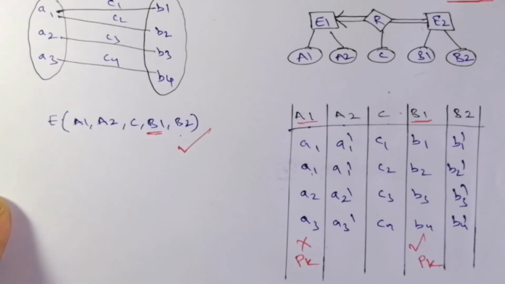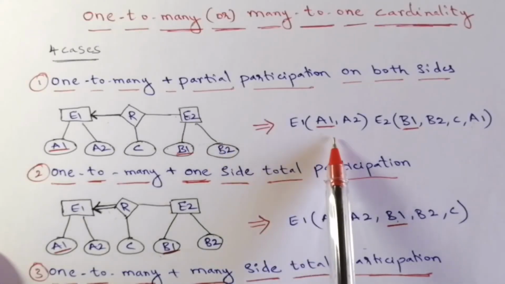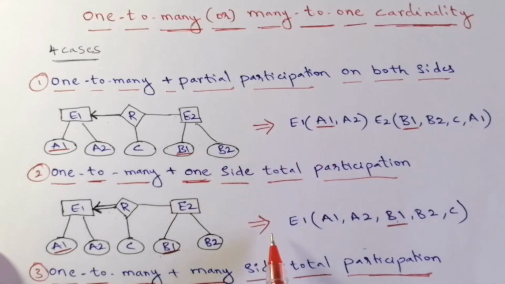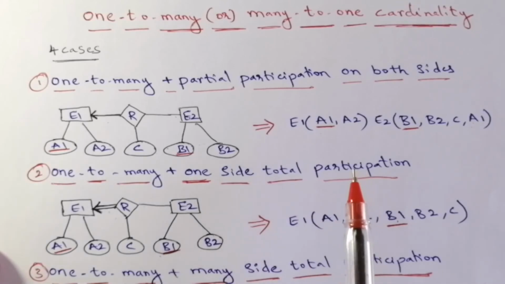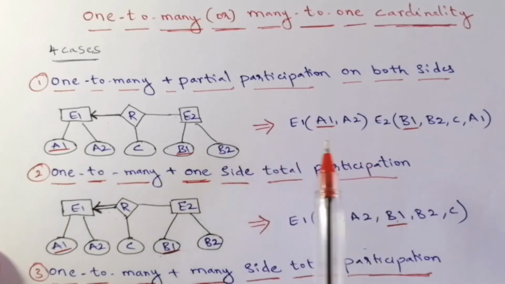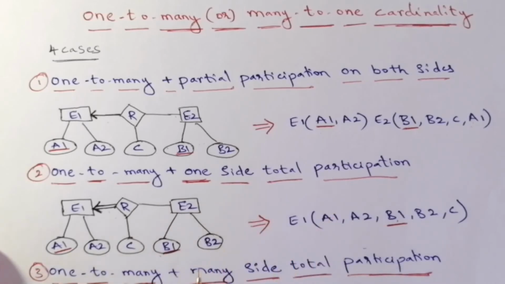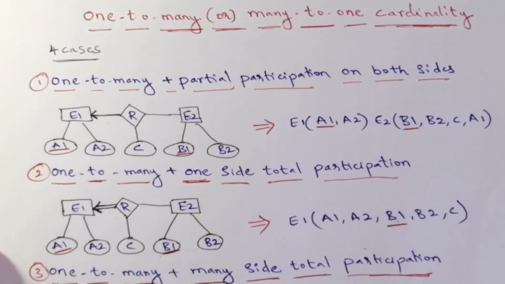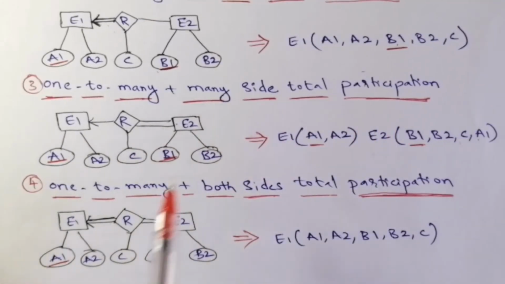What we have studied in these particular cases, we have proved each and every case with examples, right? What we have to remember while converting is not the cases but these things. These things are very important, but you should not memorize them by heart. You should know them by the fact, by practicing. So for that we have solved with an example, and with an example we found how each thing is becoming, right? Try to remember this particular table. It is a case of one to many with partial participation on both sides, one to many plus one side total participation, many side total participation, and both side total participation. Remember this and you can easily solve any ER diagram.